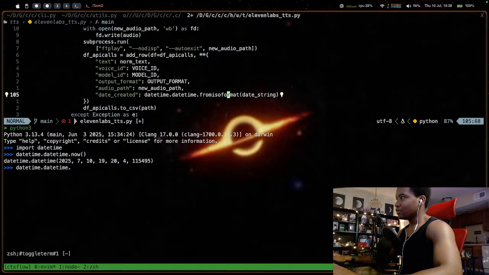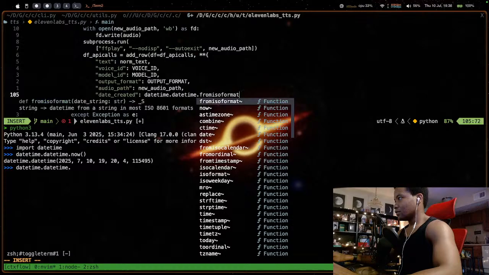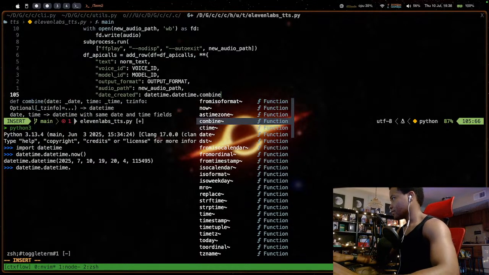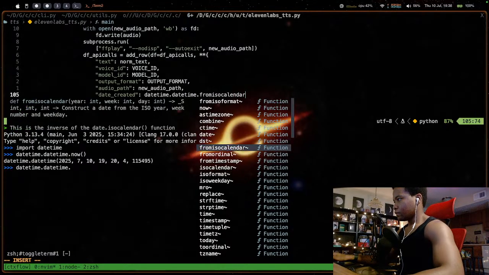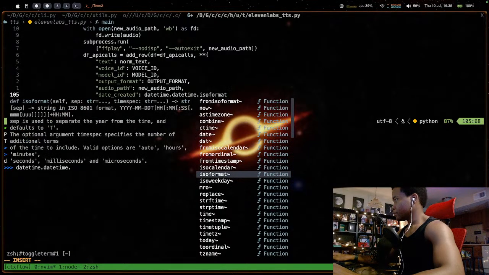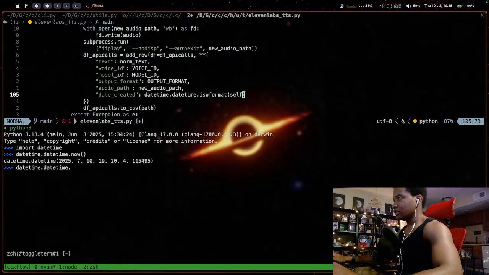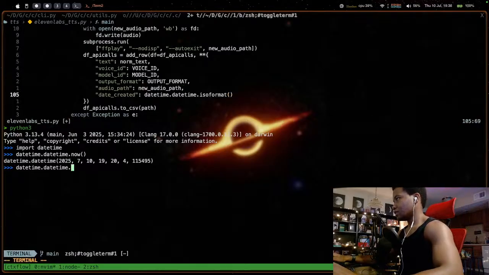I don't want to have to do that. Just give me a datetime that's just normal. Literally just test this out, .iso format. Literally just in standard format.